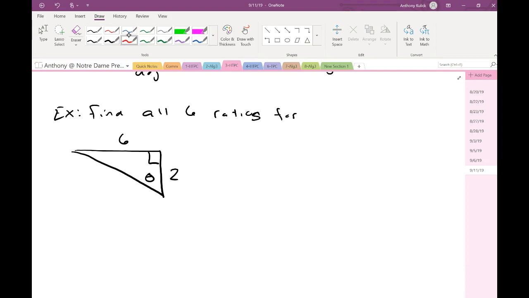As I've currently drawn this, do I have enough information to complete this? So currently written down, I don't have all the information I need. There is some piece that I can find, though. Yeah. So I can use the Pythagorean theorem to find the third side of